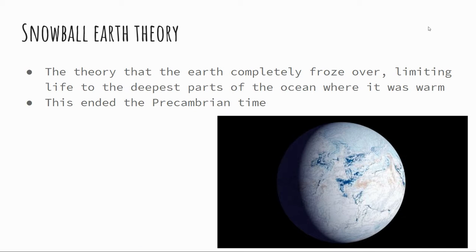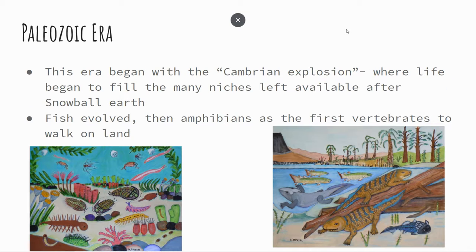Then there's the snowball Earth theory, and this is the theory that the Earth completely froze over at one point in time, very early in the Earth's lifespan, limiting life to the deepest parts of the ocean where it was warm. And this event ended the Precambrian time. As the Earth began to thaw,